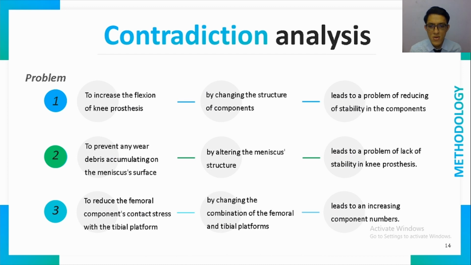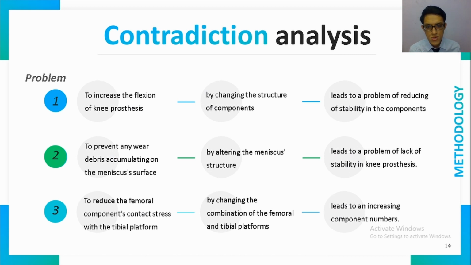Then from that, contradiction analysis was made. The problem was found to be self-interpreted into the contradiction of TRIZ. It will be contradicted by what characteristics are to be improved and which will get worse. The problems were stated as